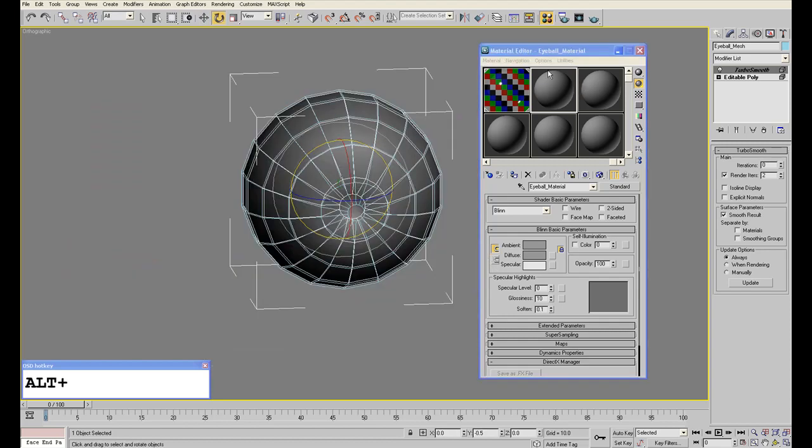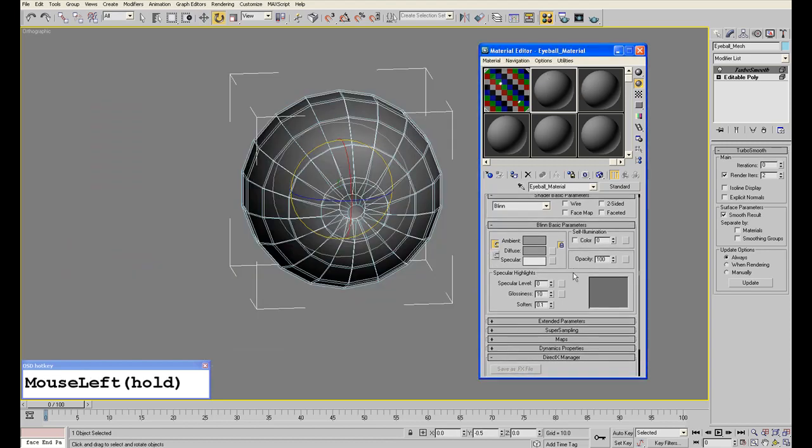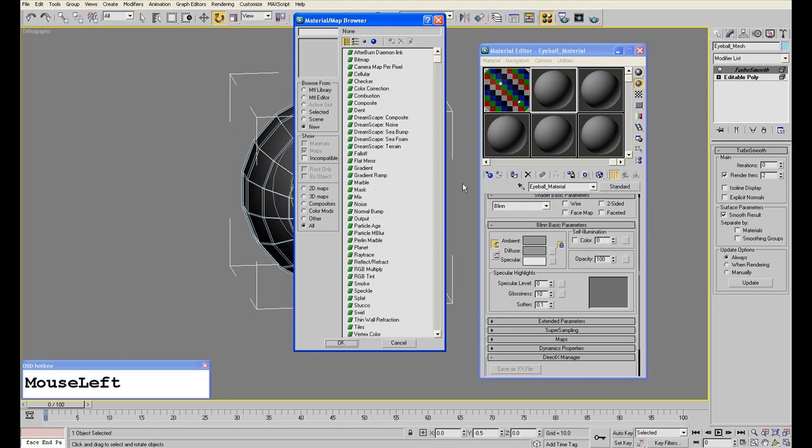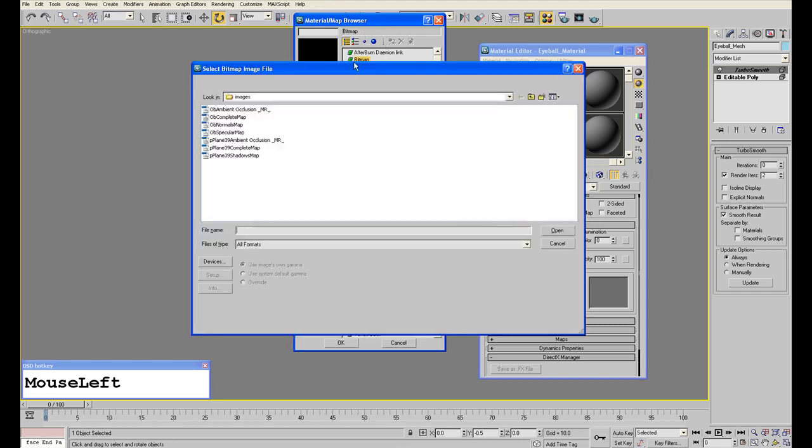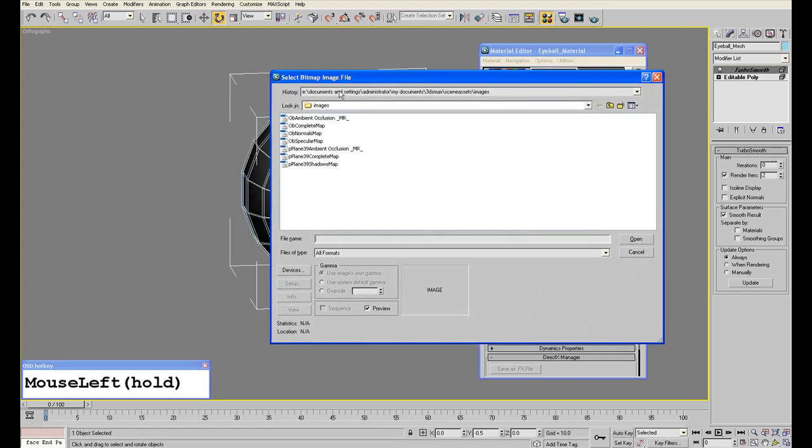Okay, so I start building the eyeball material, and I'm going to add the map into my diffuse channel. So we go here, click this checkbox here, go to bitmap, because we are using a JPEG, so it's a bitmap. I'm going to choose my bitmap,